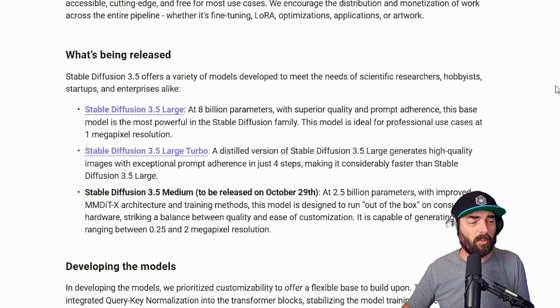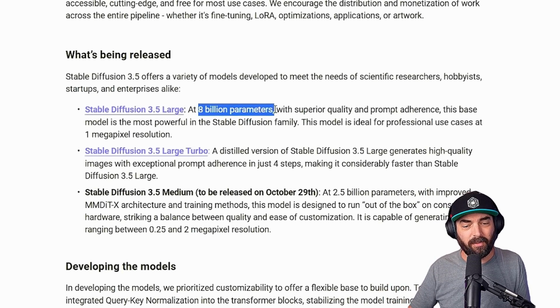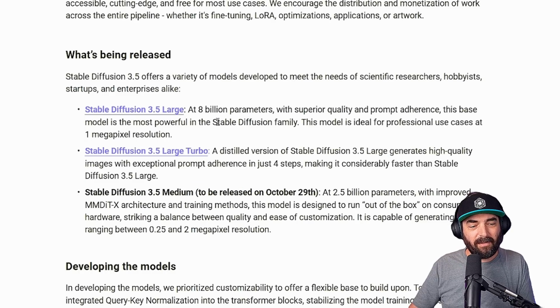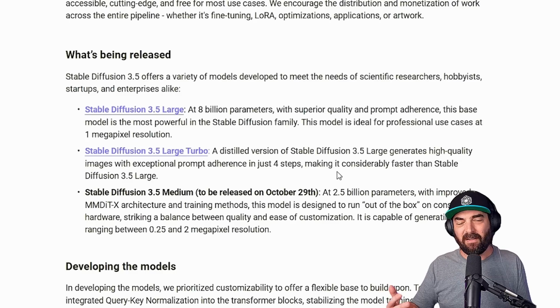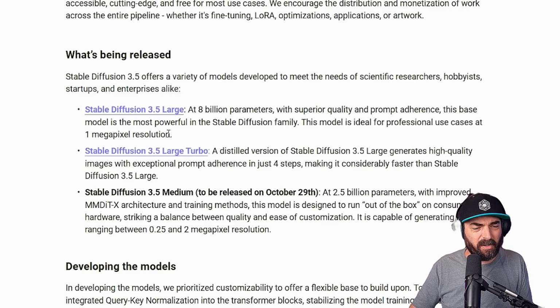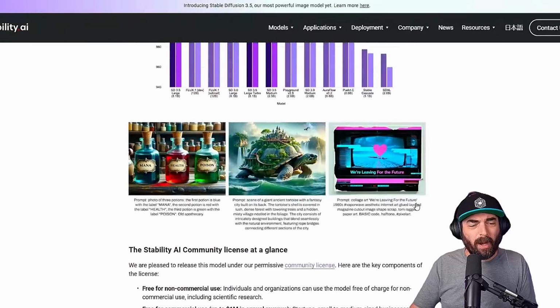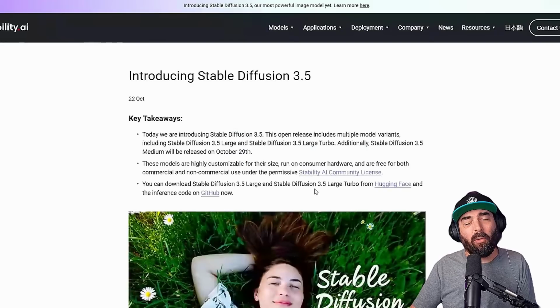There were 2 models that were just released: Stable Diffusion 3.5 Large with 8 billion parameters, and Stable Diffusion 3.5 Large Turbo, which is a distilled version of Stable Diffusion 3.5 and is considerably faster than the large model. But since the large model generates images at a 1 megapixel resolution, you're definitely going to get better quality out of the large model than the Turbo. So you kind of choose between high quality or fast, and even the fast model should supposedly still be pretty decent. Now, if you want to play with this, you can play with it for free right now